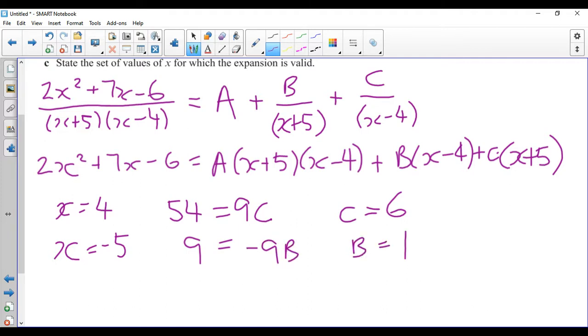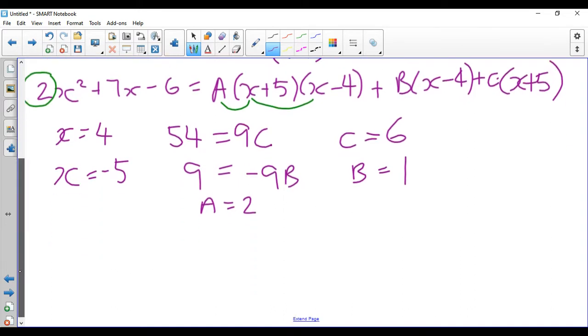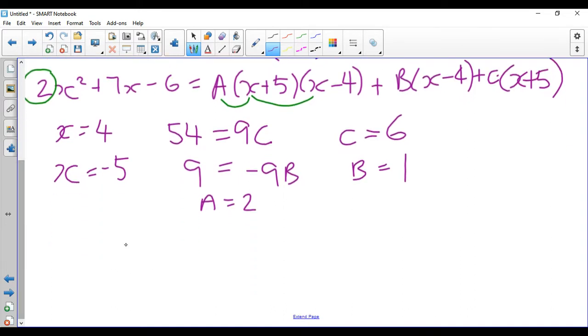Now, A, you've got a number of options. You could make x equals 0. I'm actually going to compare coefficients. So I've got 2x squared on that side, that times a, so ax squared on that side. Be careful if there's anything in front of those x's. So a must be 2. Just from comparing coefficients, but you can put in x equals 0, or as we've said, use long division to work that one out. Okay, so if I put all that together, I have 2